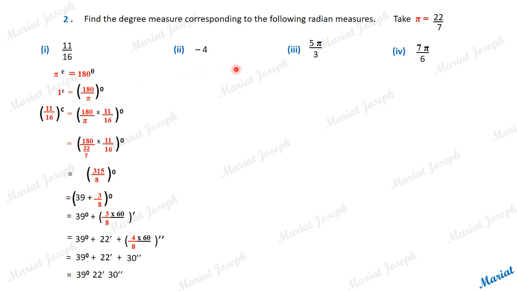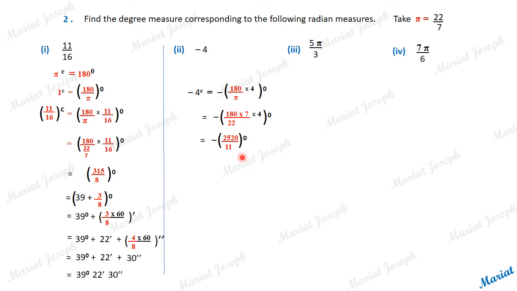Next, minus 4 radian. Minus 4 radian is equal to minus of 4 into 180 by pi degrees. 180 by pi. This is the multiplication factor. Using this unitary method, we have already developed it. So 4 radian will be 4 into 180 by pi degrees. Let's simplify it further. Using the value of pi, 22 by 7. 22 by 7 in the denominator, 7 is multiplied in the numerator because of reciprocal. Then 180 into 7 upon 22 into 4. Simplifying further, we reach at